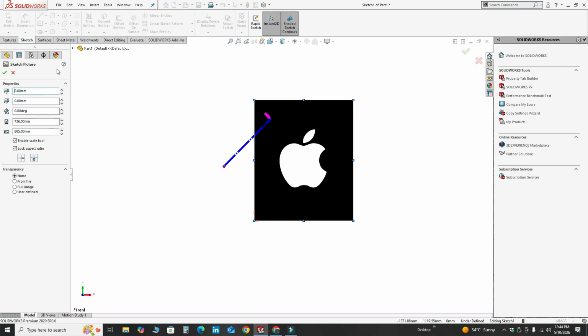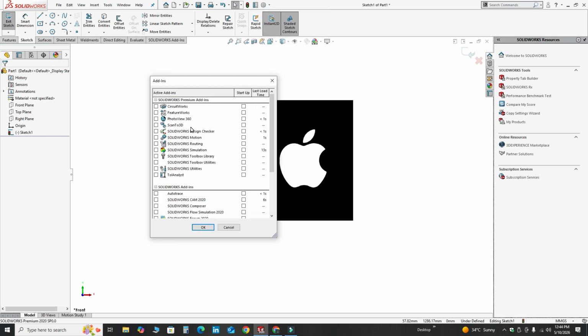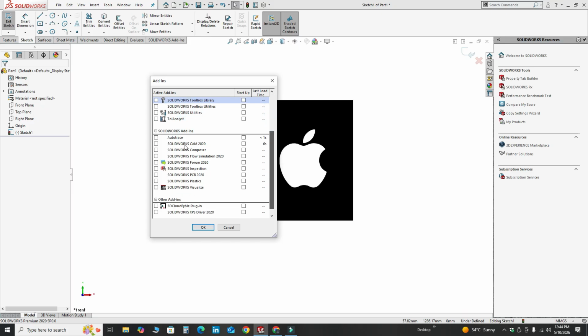And here you can see we don't have any auto trace option. So first I will select OK, and then I will go to this option, add-ins, and here you will see the auto trace options in SolidWorks add-ins. And as far as I remember, this auto trace option is included from SolidWorks 2014 onwards.